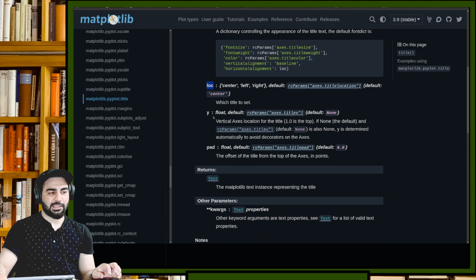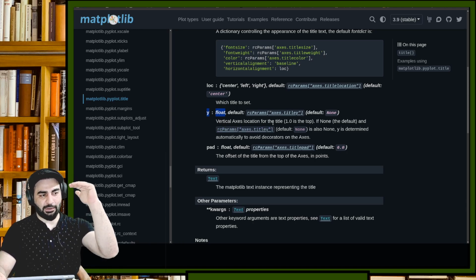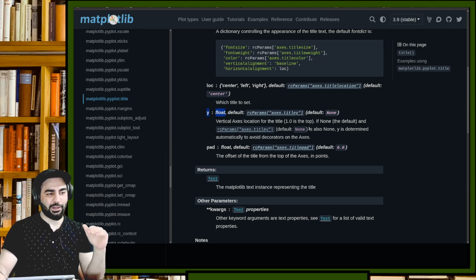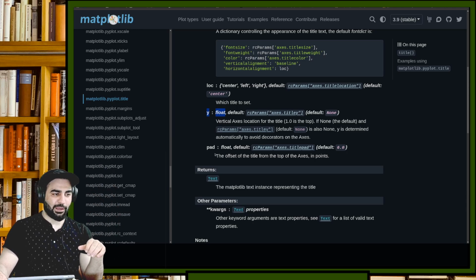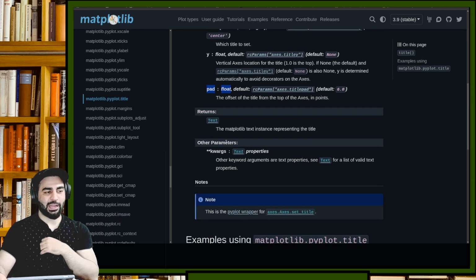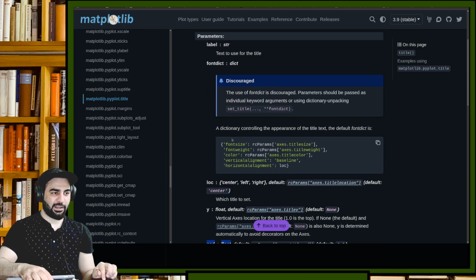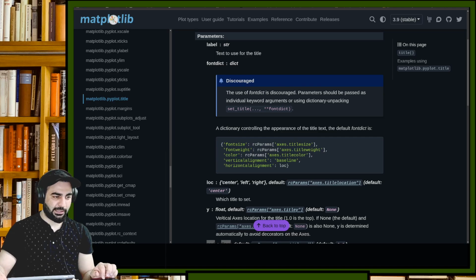And this y is the float value, default none, vertical axis location, where should it be located? 1.0 is at the top. If none is the default, you can read it from here. Then pad, how much should you pad? And it returns the text. If I just go again to the code and run this line,